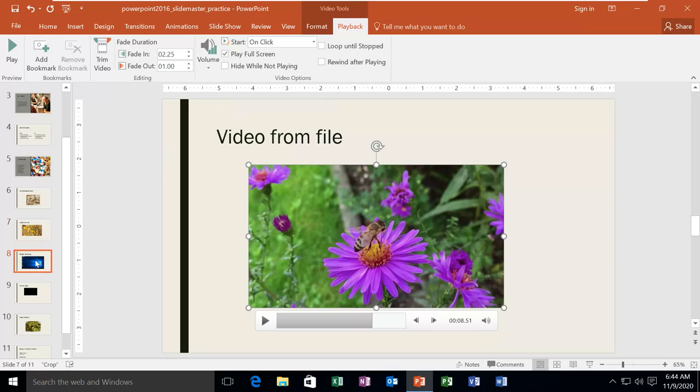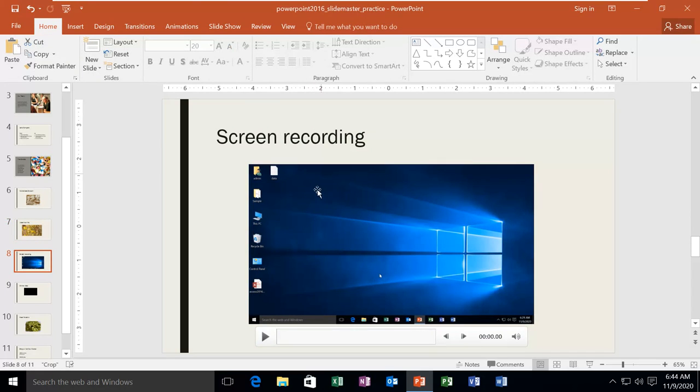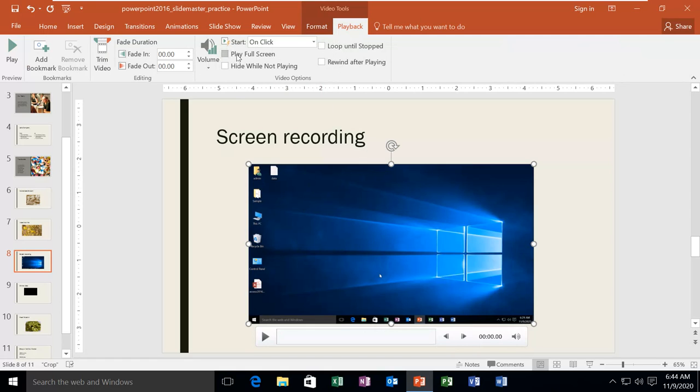Now suppose, for example, I will select that this should play automatically. So I will click here and say play automatically but not full screen, and I can mute the volume also. Now when I run the presentation,